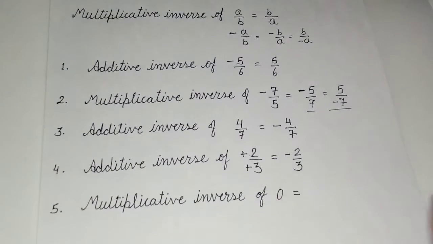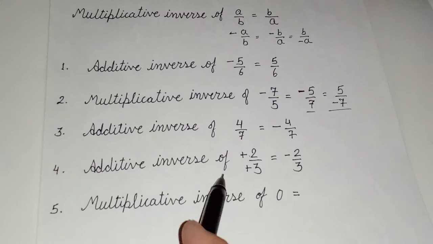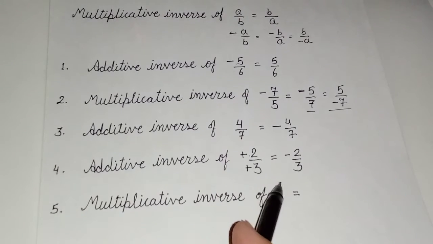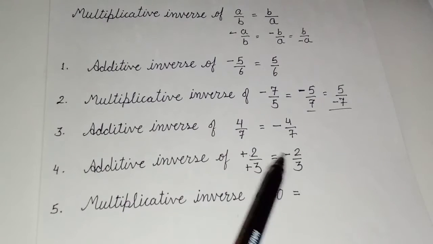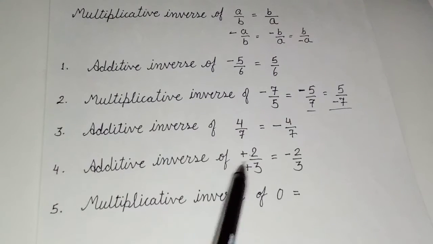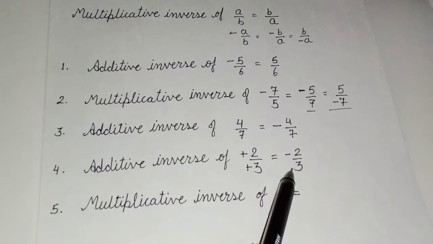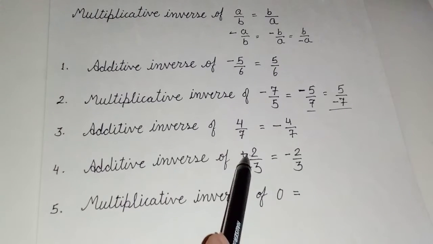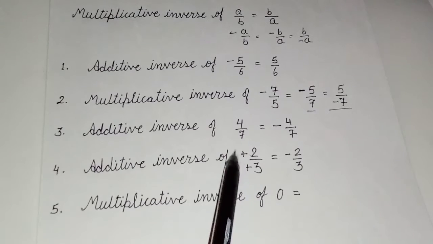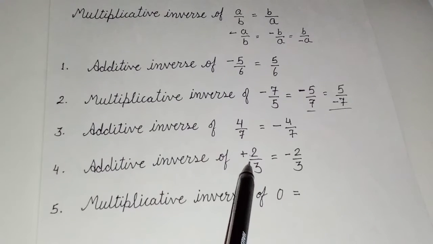Sometimes you may get confused here as minus 2, minus 3, that means it's negative, so we need to make it positive. We have to see the final number that we are getting here. If only one negative is here, its additive inverse will be positive, and if both the negative integers were there, numerator also, denominator also, finally it will become positive. So positive's additive inverse will be a negative rational number.